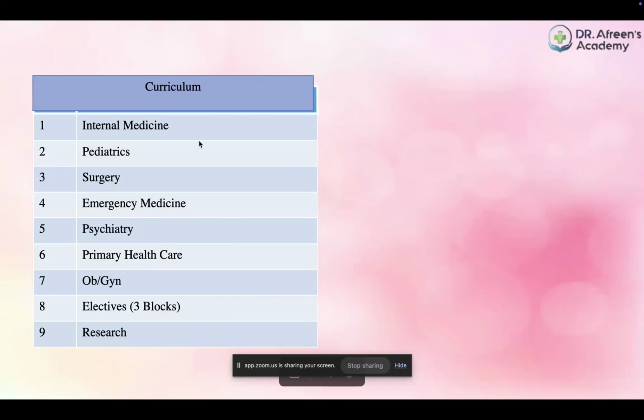And this is the curriculum. This will be your curriculum in MBRU. You will be rotated in all these departments and have three blocks of clinical electives at the end. You will be asked to choose your field of interest and you will be doing electives on that. And you will also have a dedicated curriculum for research, which you may not find in the other programs, like DHA, DOH. They only have clinical training, but here you will have three blocks of electives which you will not find elsewhere. And here you will have a dedicated program for research. So you get these things in MBRU.